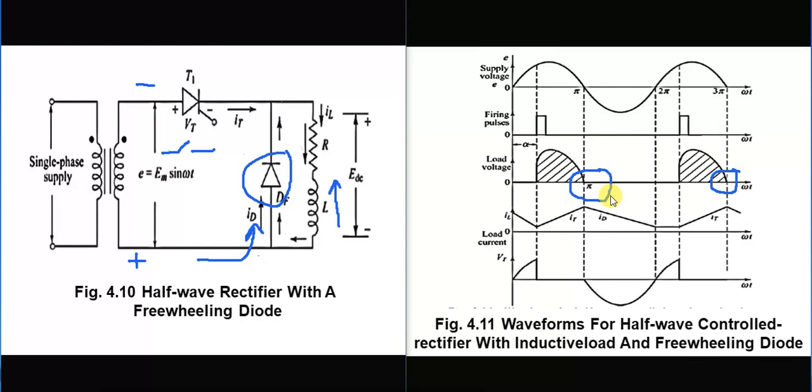So what is happening by using this freewheeling diode? Using this freewheeling diode, the reverse current is flowing through the diode. It is taking all the reverse current, and this back EMF generated by the inductive load and this current will cancel each other, and hence we will not get any reverse load voltage. So using this very simple freewheeling diode, the efficiency of the half wave rectifier with inductive load is automatically improved. So this is all about half wave rectifier with freewheeling diode.